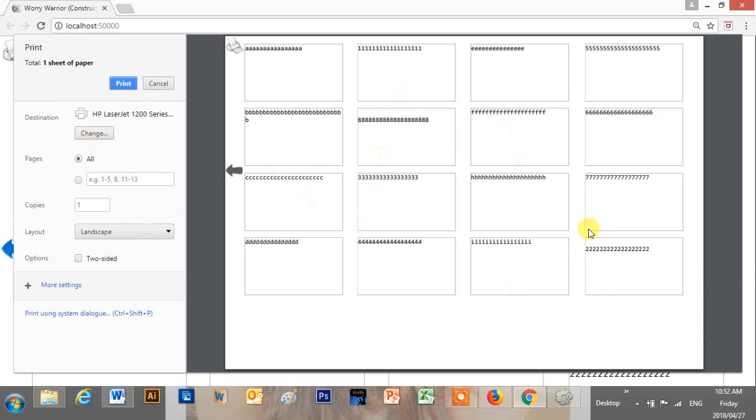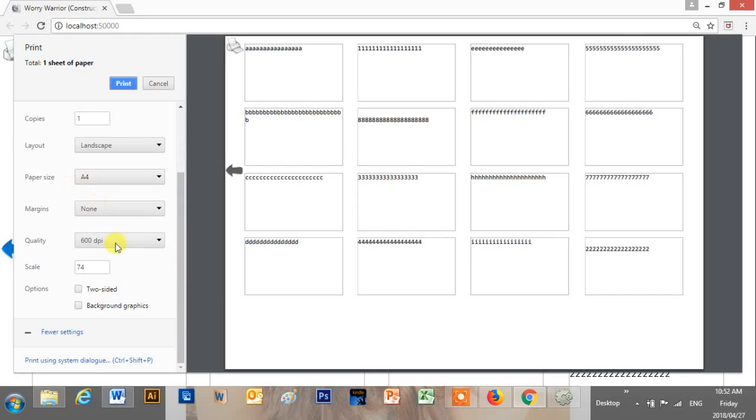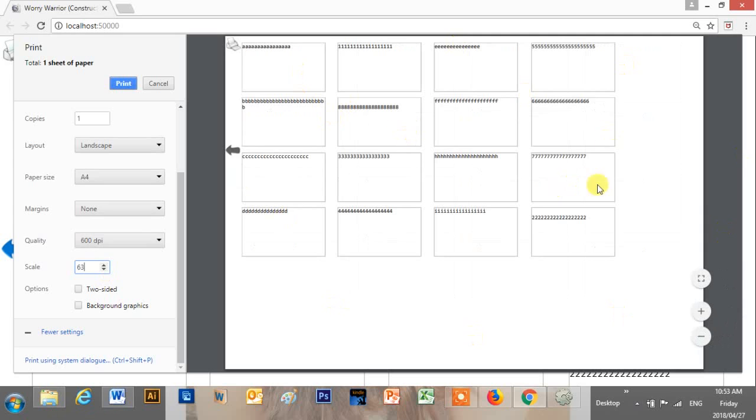So when it opens in Chrome like this, you can just set your printer destination here and how many copies you want. Put it onto landscape here and then click on more settings. And then choose your paper size and then also scale your page. If you make that number smaller, then the print page on the screen will go smaller. As you go bigger,